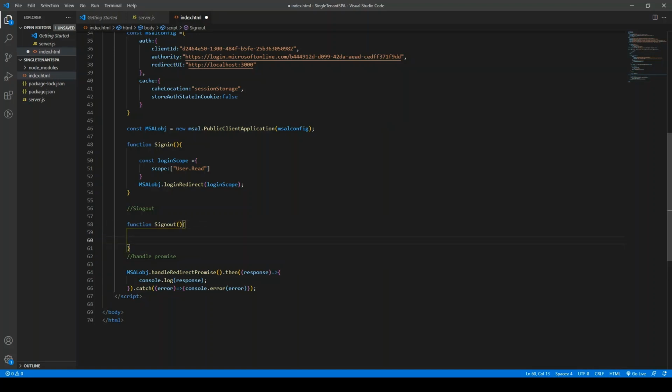We will use the MSAL object to call the logout redirect. And in that we have to pass the account name.